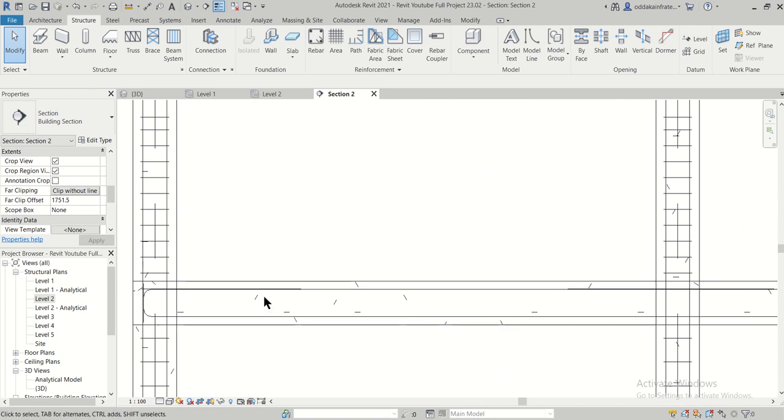So this particular bar, what we can do, we can copy this from the top to the bottom.